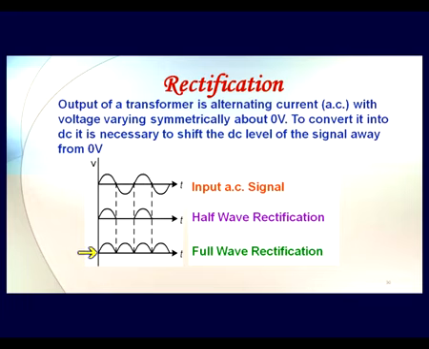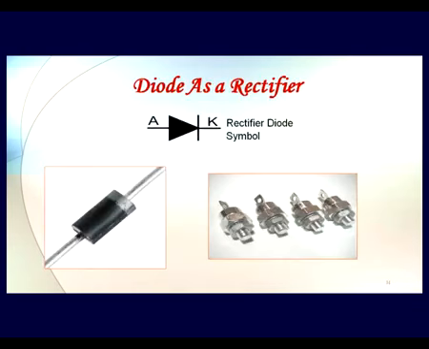So what we are achieving here is a wave which is fully utilizing the input signal, converting the negative half cycle into positive and effectively increasing the DC level of this circuit. This is called the full wave rectifier. And now, to do it, we need certain electronic components which can actually do the operation that we just looked at. And the best candidate to do this is a diode.